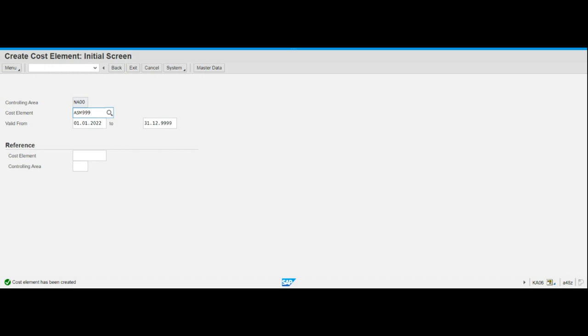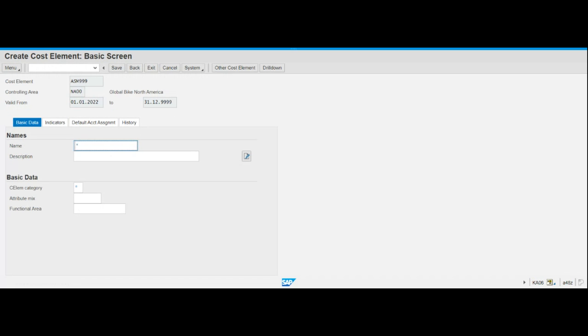Line for assembly cost. Remember, make sure valid from is like this one, start of this year, enter. And now what is the name? In our case, it is